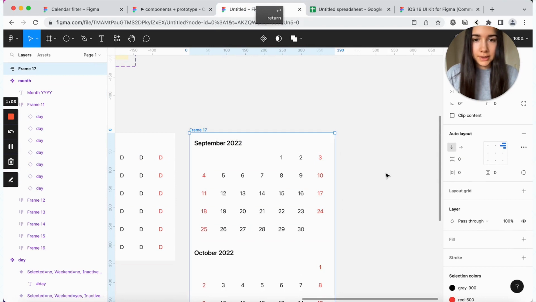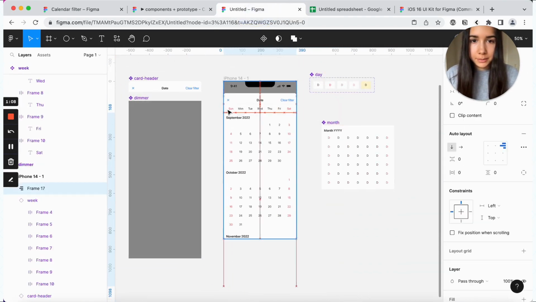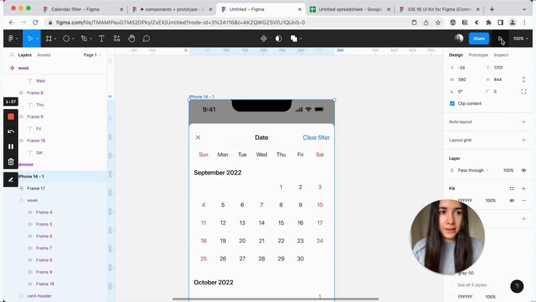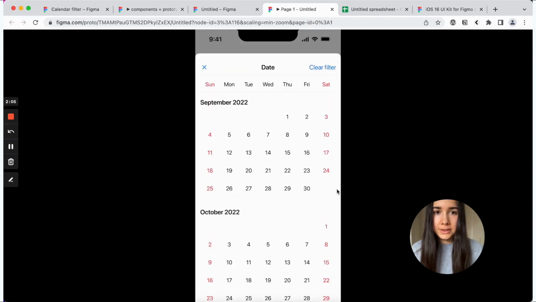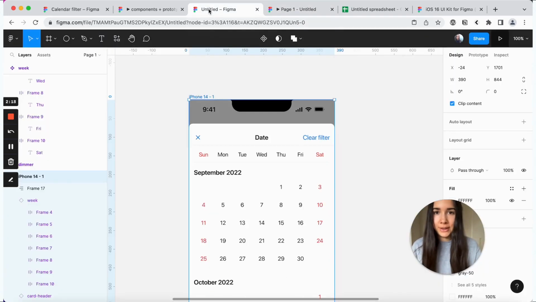So now we can combine our list of months into auto layout. And just, we don't need any spacing. And we can actually bring this inside our frame. Let's move this a little bit down so we have more room. And now let's just play the prototype button and see what we currently have. And as you can see, I can scroll, but the status bar and the card header also scroll. And we just want the list of months to scroll. So we'll need to do some configuration for that.